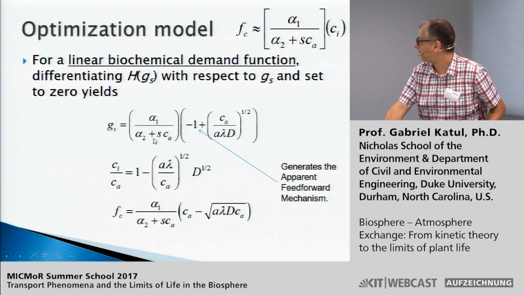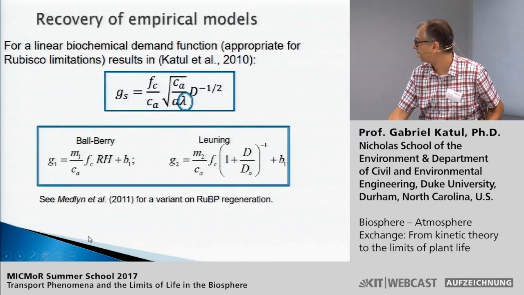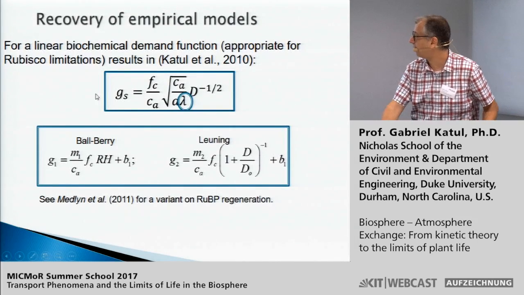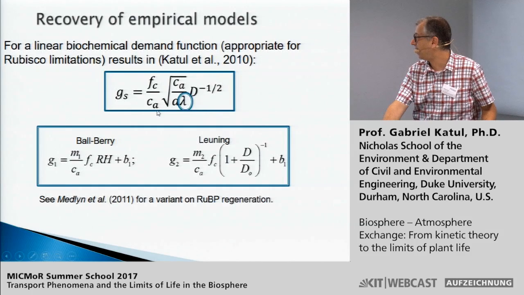Now, it's quite clear to us that there is a clean relation also between photosynthesis and stomatal conductance. Notice the slope here and the slope here are the same. So if we take the slope here and set it equal to Fc divided by this quantity here, take this outcome and plug it back and do a little bit of algebra, lo and behold, you find that photosynthesis divided by Ca emerges on the right-hand side, stomatal conductance is on the left-hand side, and there is this quantity, square root of Ca over A lambda, that is now multiplying Fc over Ca, and there is an aridity index D to the -1/2 that pops up.